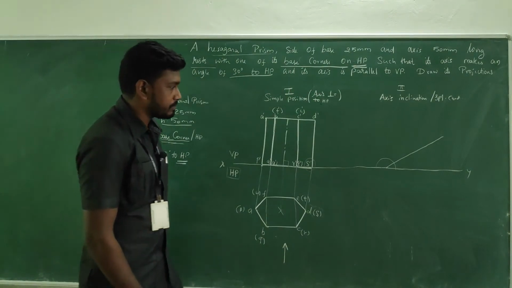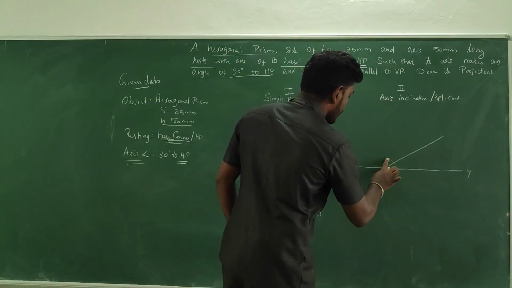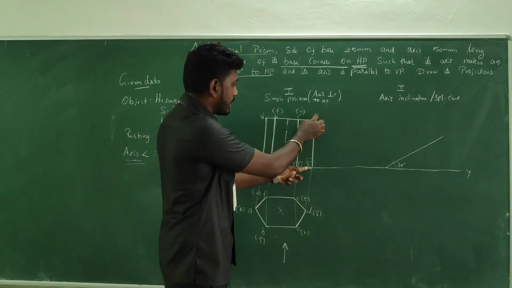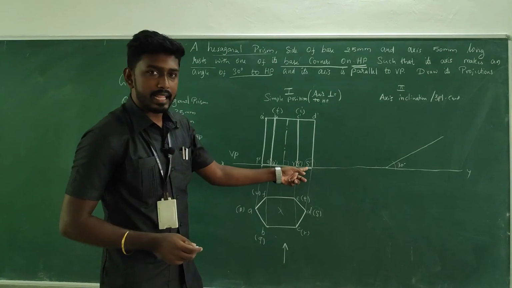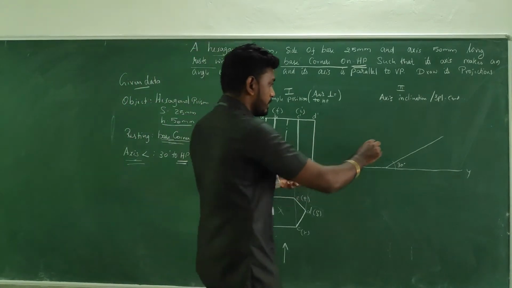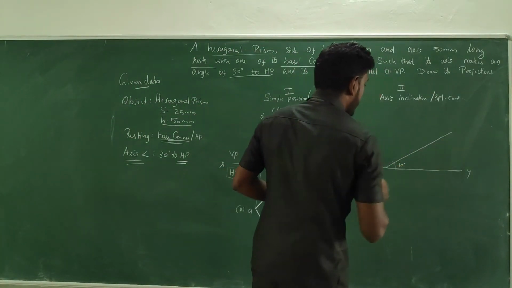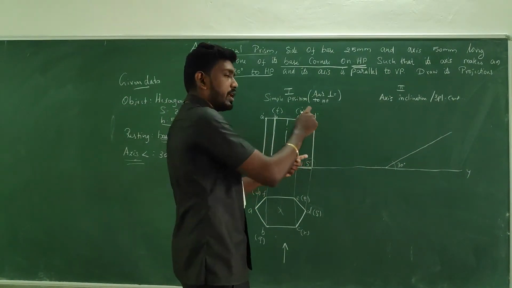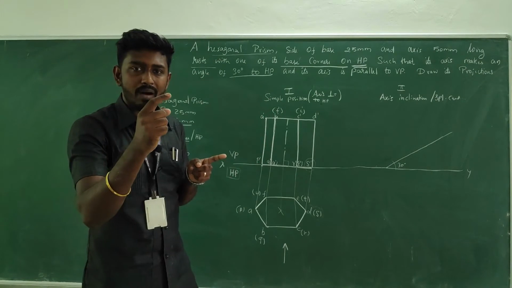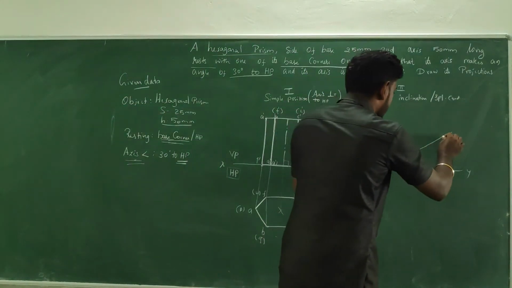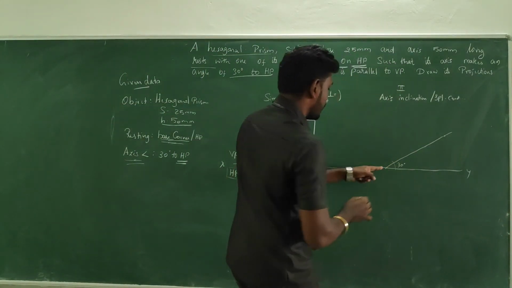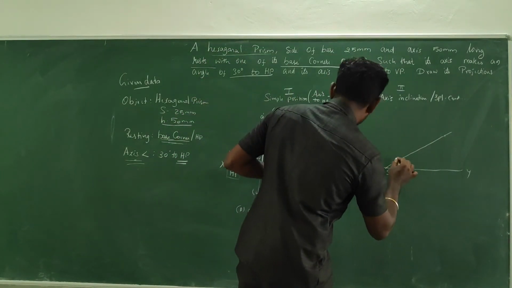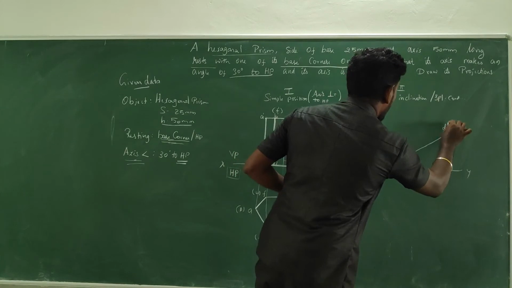Okay, and then it's a 30 degree line. It is the longer side D and S. Without measurement, go for a line, and then take your compass and measure S to D, and go for a cut mark from the point, so that you will get S1 dash and D1 dash,